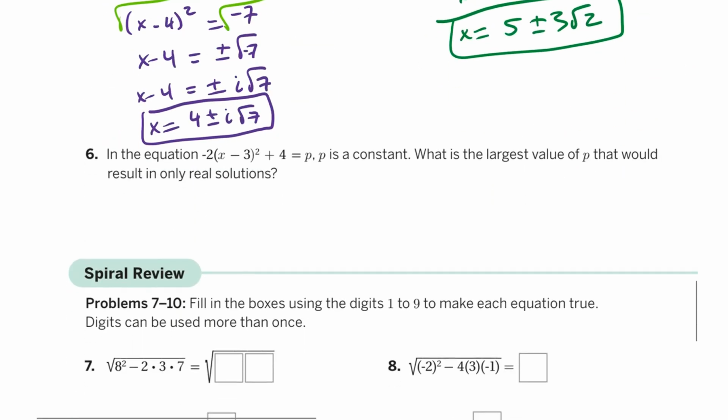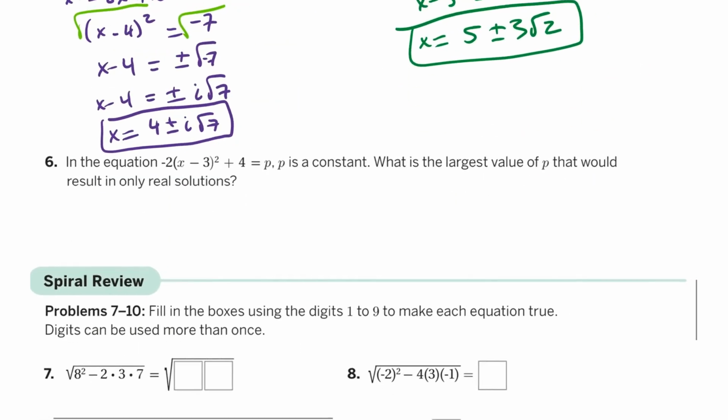Number 6: in the equation -2(x - 3)² + 4 = p, p is a constant. What is the largest value of p that could result in only real solutions? So to start explaining this one, I'm just going to plug in a number for p to see what ends up happening here. I'll start with plugging in 0 to see if we get real solutions or non-real solutions. And when I do this, I subtract 4 from both sides,